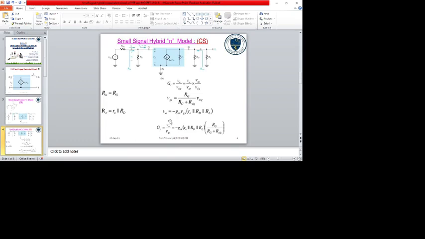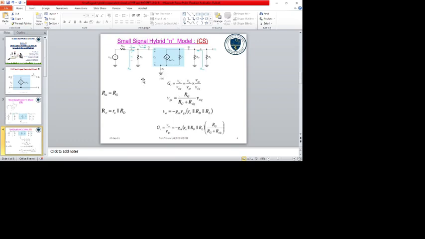Then, we have to find the expression for the voltage gain factor. For the small signal hybrid pi model, the input is VGS, open circuit voltage, and V0 is the output voltage. GV is the gain factor, that is the ratio between output voltage to the input voltage, that is VGS. We have to find the relationship between these two.